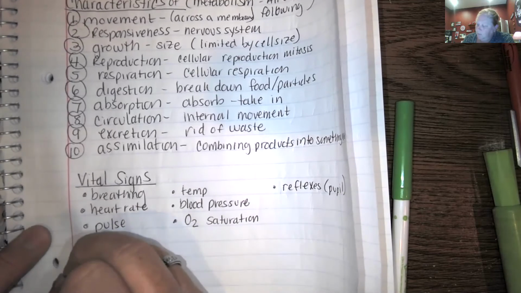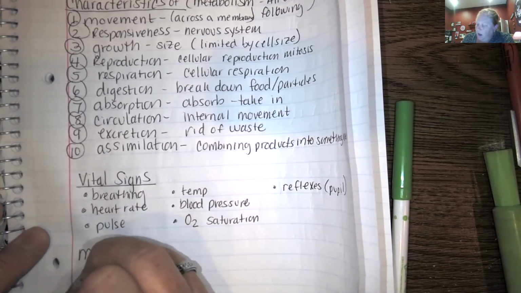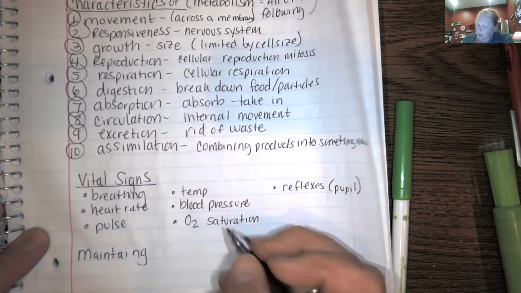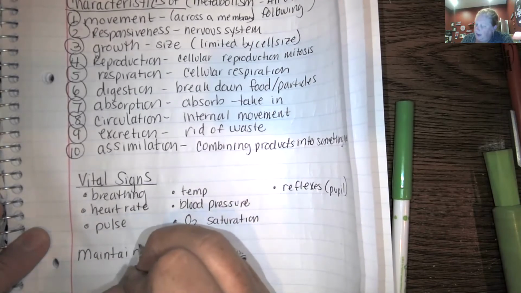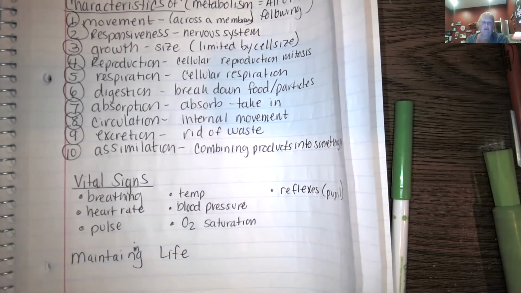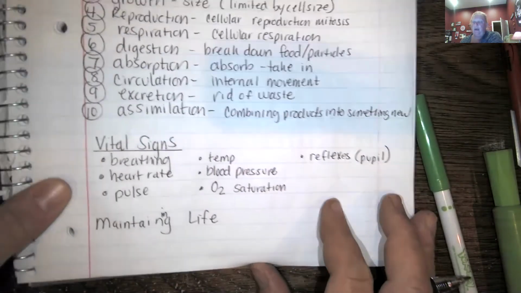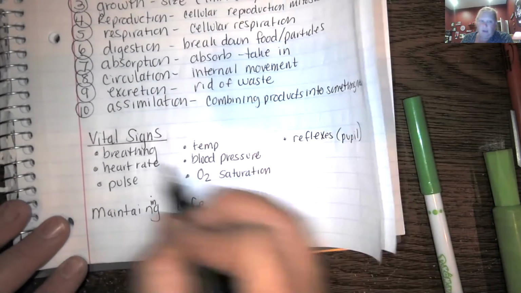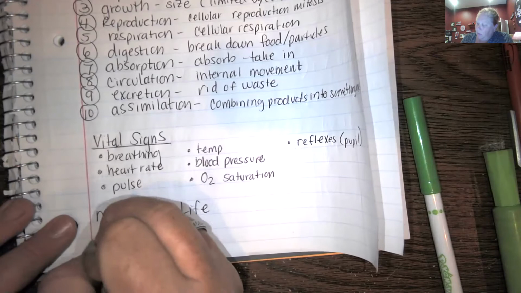Okay, now with all these vital signs, how about I actually spell this? ING, maintaining life. Let's focus on maintaining life, okay? So what does somebody need to maintain life that we just talked about here? Well,